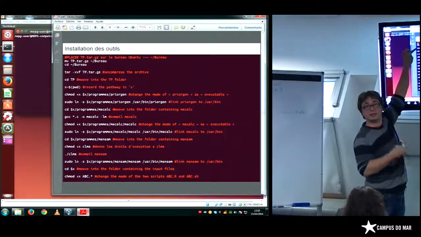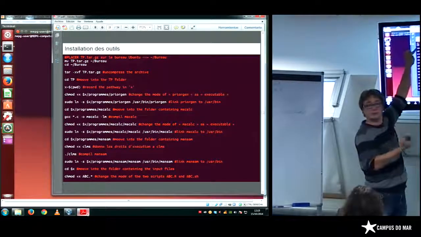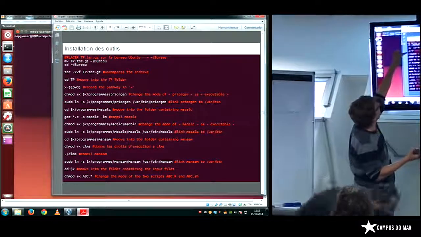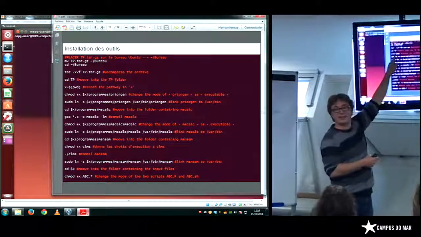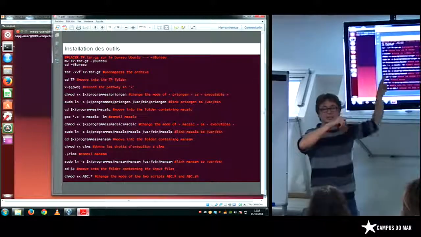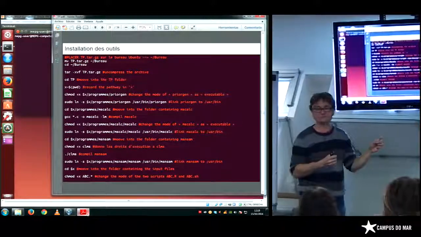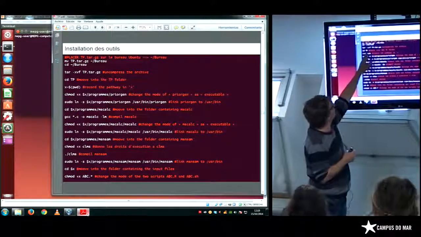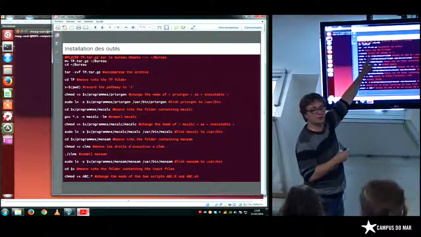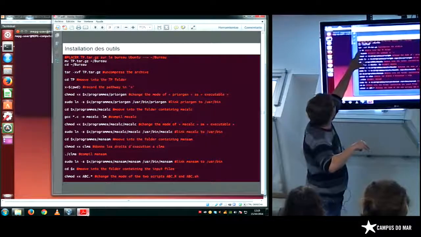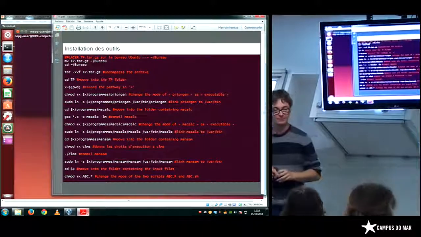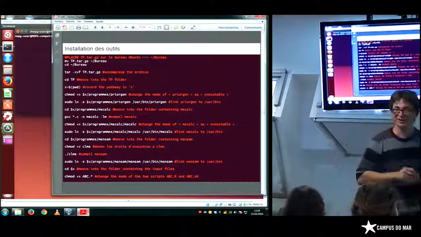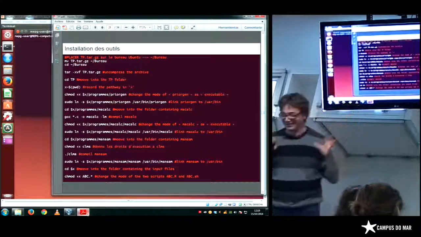It is already uncompressed. Then you move. It's wrong here. It's not TP, it's TP_ABC. The name of the folder is TP_ABC. So you type CD TP_ABC.